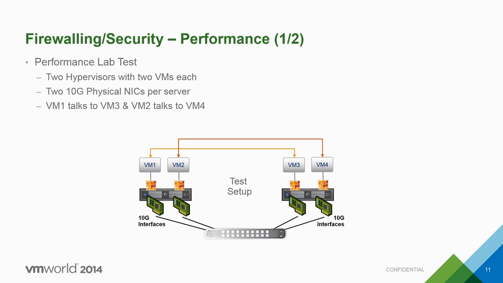It's easy to do. You just need 2 ESXs, and what you do is plug them into any switch you love with 10 gig interfaces, and you double connect each, so you virtually have NIC bonding. You have a 20 gig NIC on each ESX. Pretty easy to do. Then you install 2 VMs, Ubuntu, whatever. VM1 will talk to VM3, VM2 will talk to VM4. You use the tool you want, iPerf, NetPerf, whatever, something that will just push as much as you can.